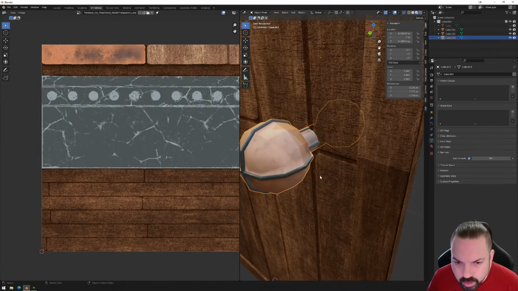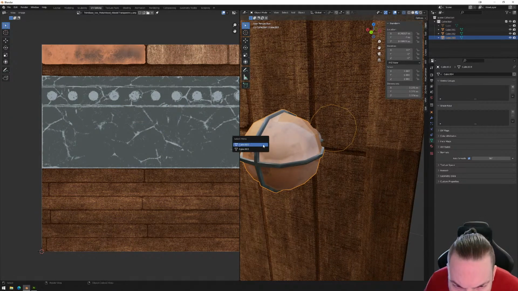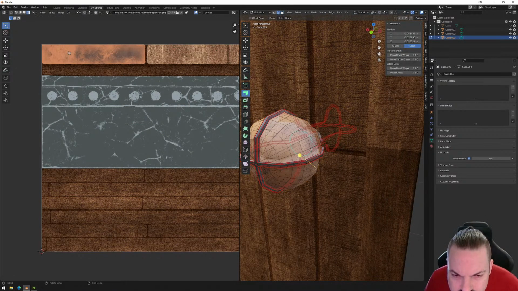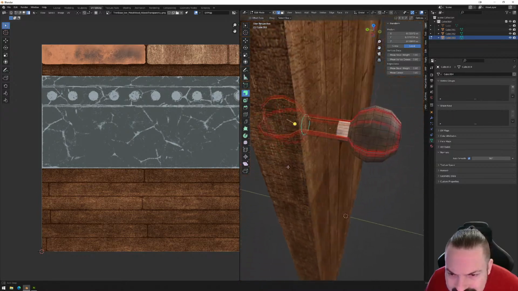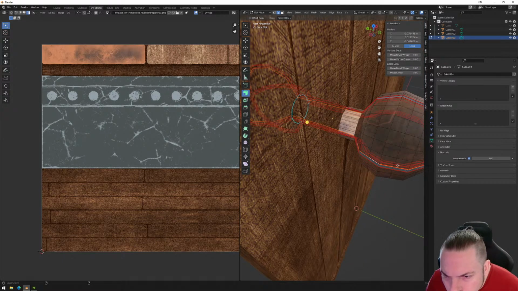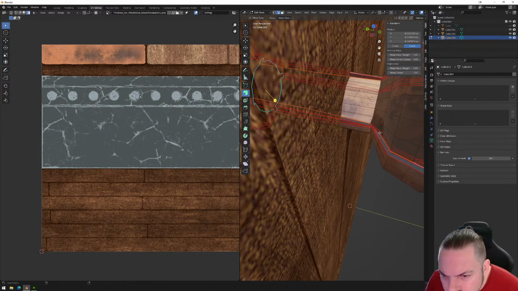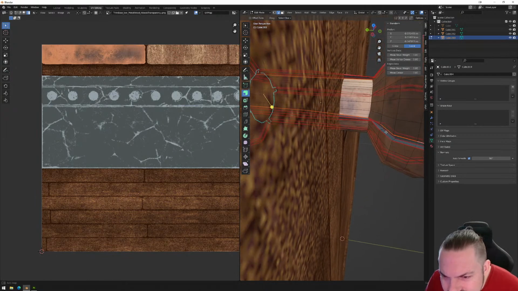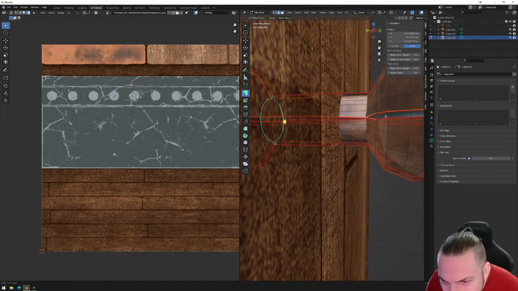Excellent. Now, there are some normal elements that I would like to clean up there. So that is not as clean as I would like it, but to save time,